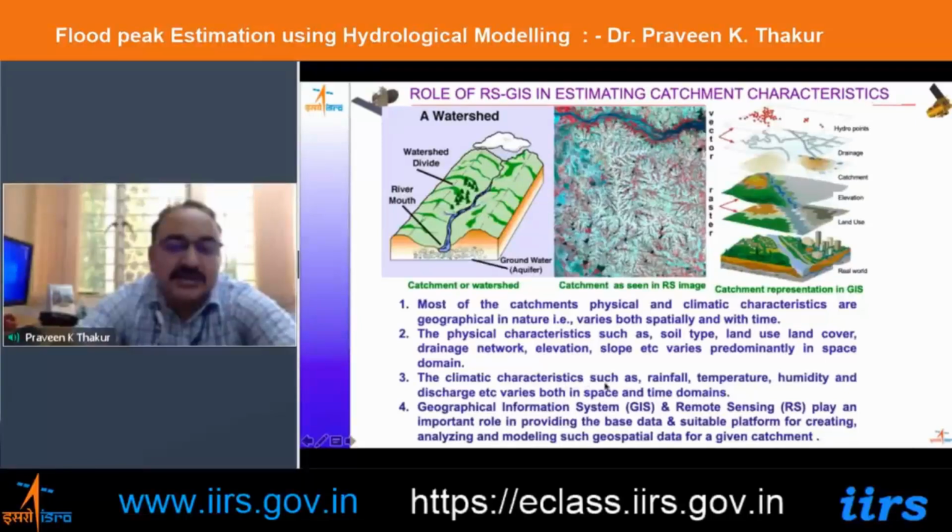into a single system. And in the climate, these are the data sets which have variation in both space and time, whereas the physical data has the dominant variation in the space domain. In the time domain, it can change, but not within a day. It can change land cover over maybe a decadal scale, but not at the very event scale. That is, when a major flood event happens, it is usually 1 or 2 days only, or sometimes within hours. So this data, once you integrate it into a given system and then add the time factor, it becomes